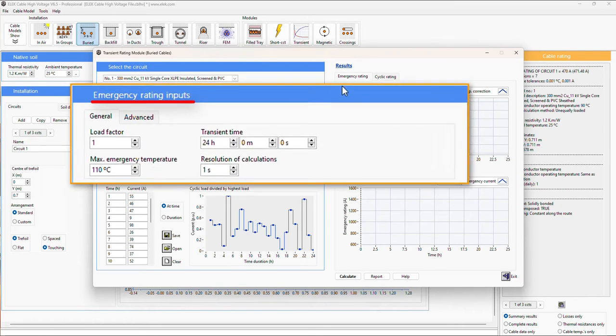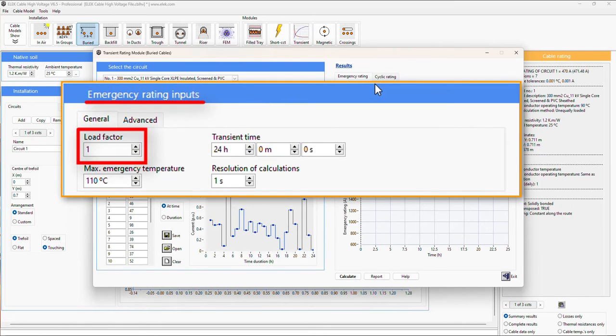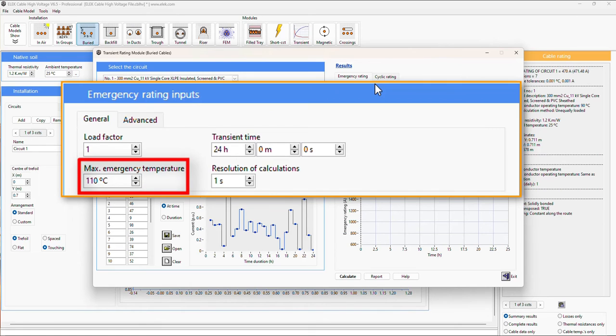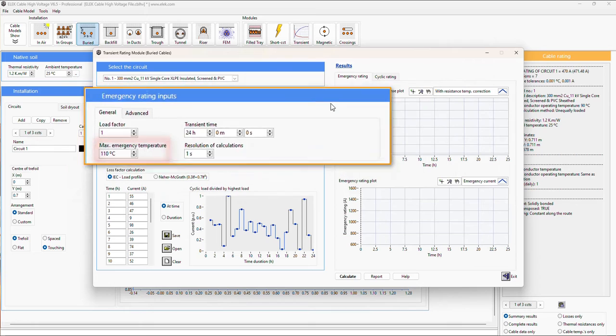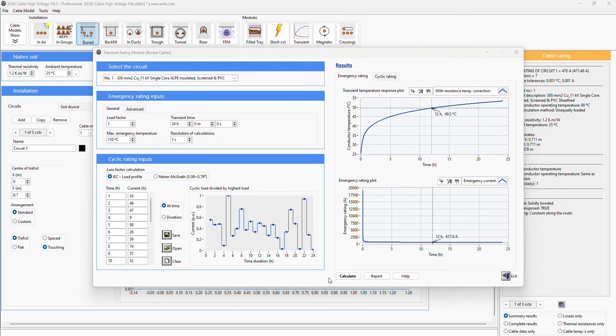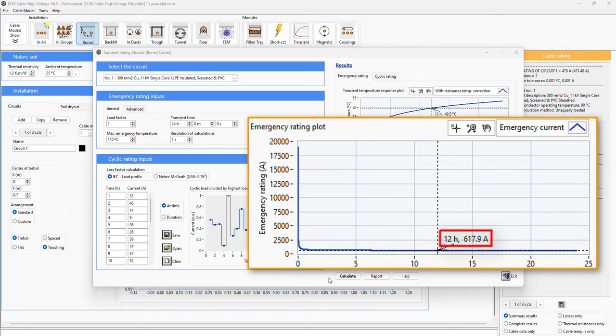Under the emergency rating inputs, set the load factor and the transient time. You should set the transient time to be longer than the emergency rating duration, but it has a maximum of 24 hours as per the IEC standard. Set the maximum emergency temperature, which is the allowable conductor temperature attainable during the emergency event. Press Calculate. From the emergency rating plot, we can zoom and we can find the exact 12-hour emergency rating to